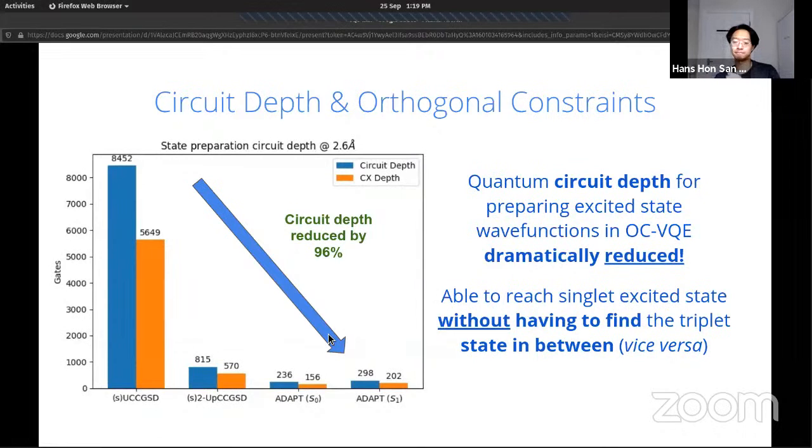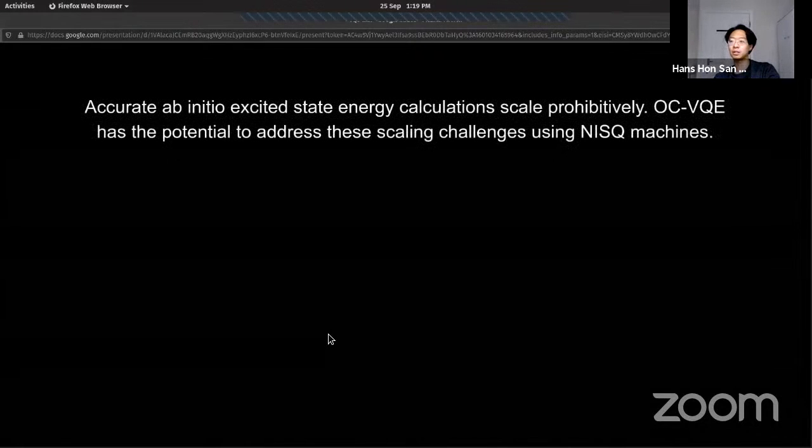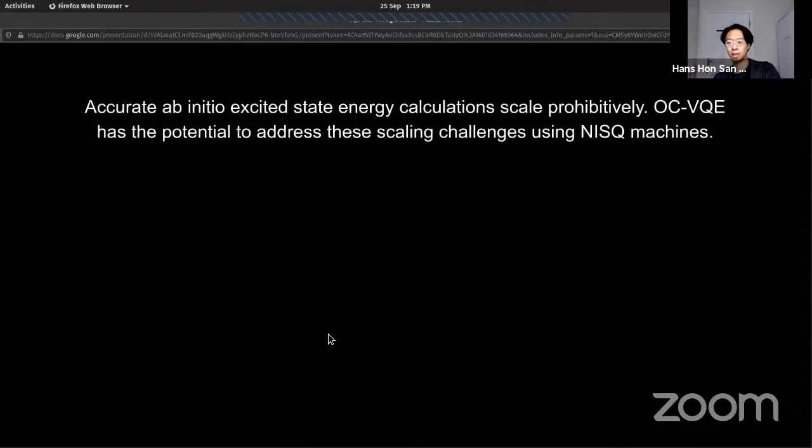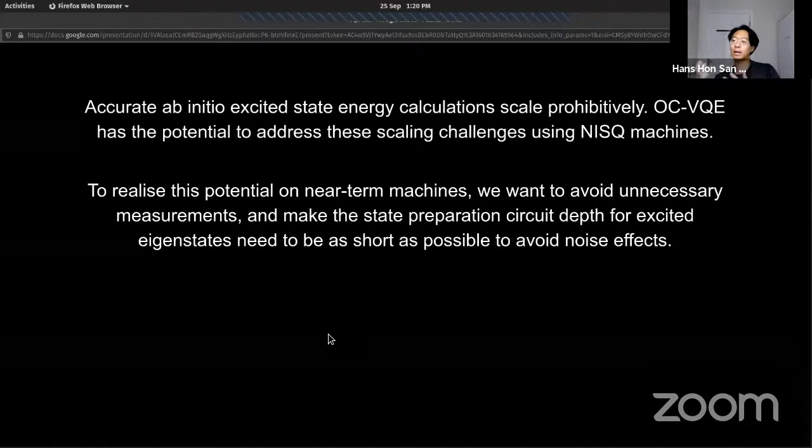And so to summarize, quantum computers, as we know, have the potential to improve the scalability of excited state ab initio calculations. But to use near-term quantum computers for this, we need to make sure the quantum circuits used are short and compact and also